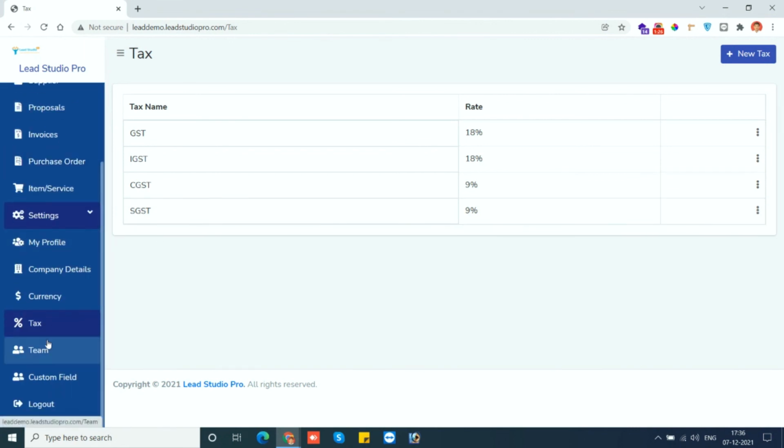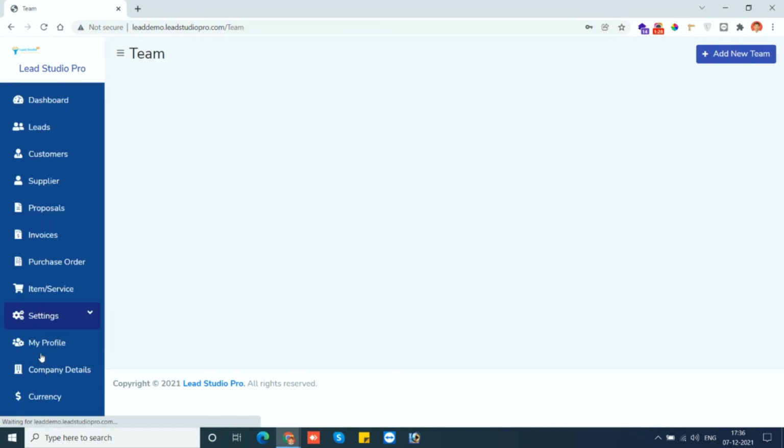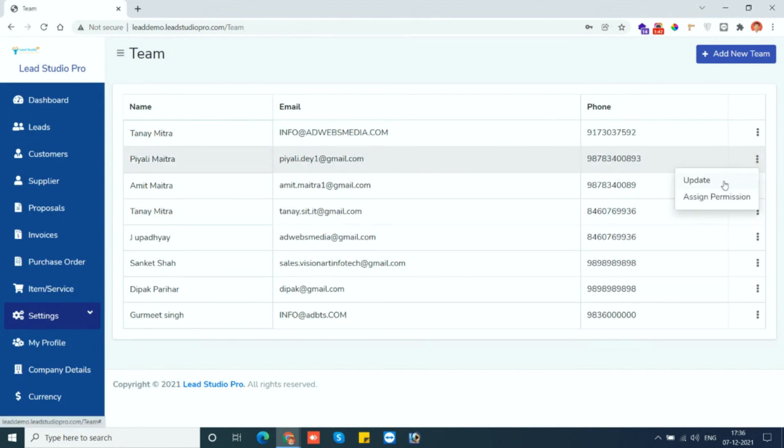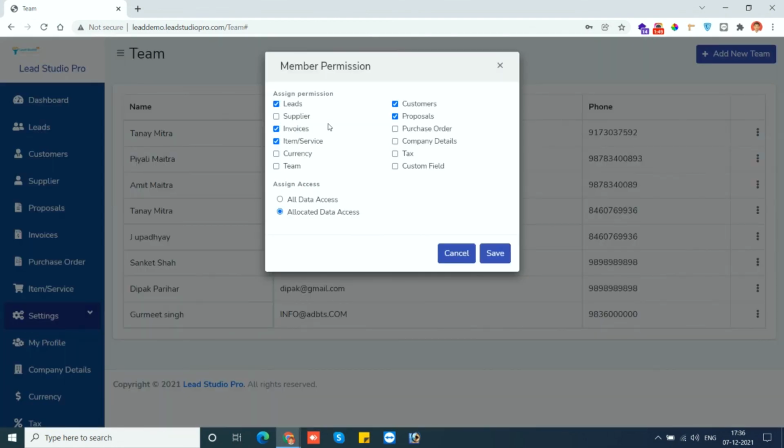Now this is the team. This is very interesting part. So basically what you can do, you can create a number of sub users, and you can give them different rights and access for this application. For example, for this particular sub user, if you check, I have given this user only lead, invoice, item, customer and proposal.